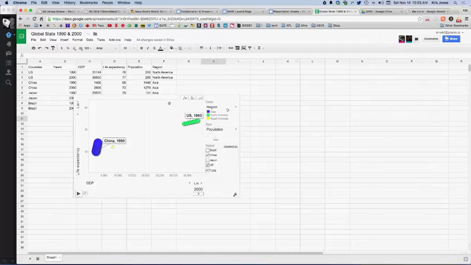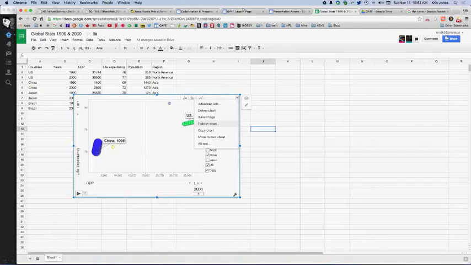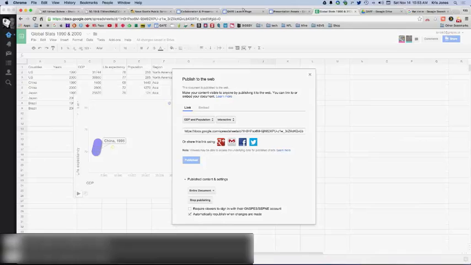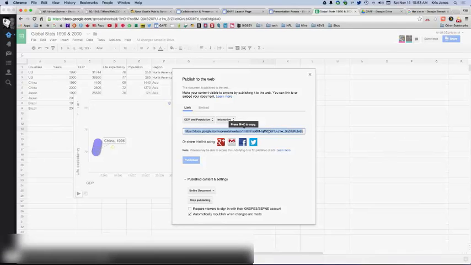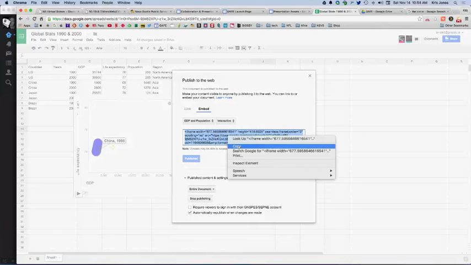So what I can do is, if you click on the chart, this little drop-down button pops up. And in here, it gives me all sorts of options. I can advanced edit, I can delete, save, copy, move, whatever. But I want to take a look at the publishing options. And if I look at the publishing options, it gives me all sorts of things, including a link, which is great. Links are good, but I want to go a step further and embed. So if I click on the embed option, it gives me the HTML code with the iframe information of this chart, right? So I can copy that information,